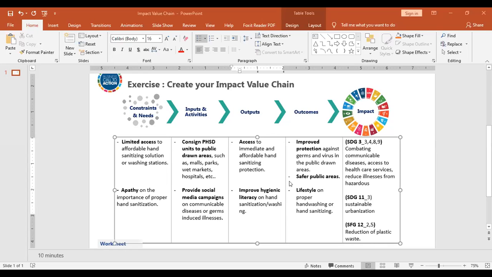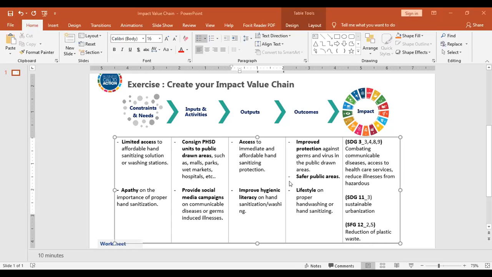And also SDG 11, wherein it talks about sustainable urbanization, knowing that a few years from now, people will really flock into the cities. So it's expected that there will be more activities happening, so it would be very timely that there will be access to this type of protection.